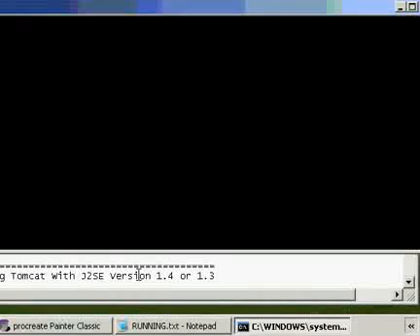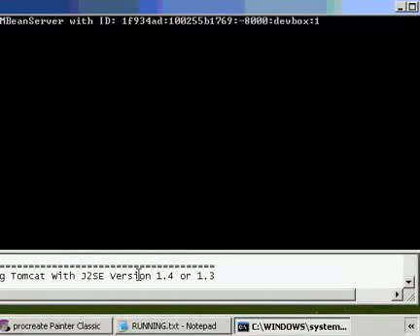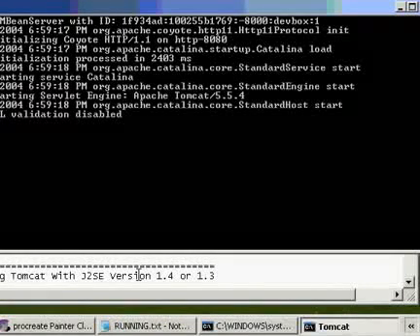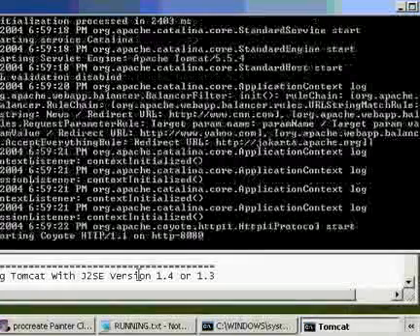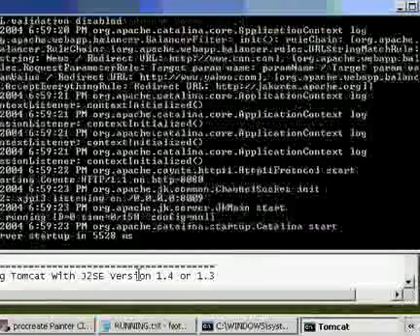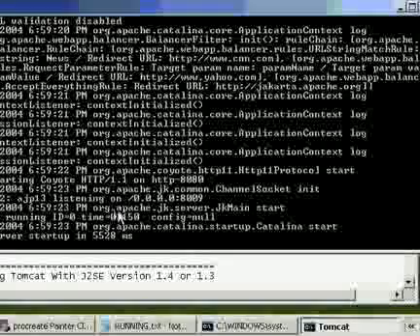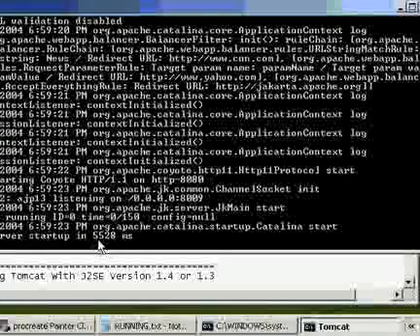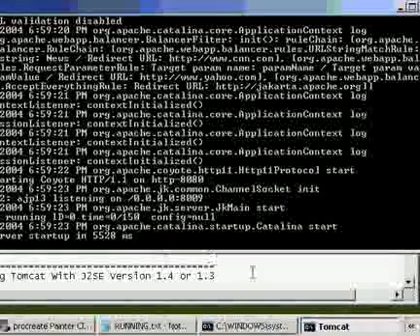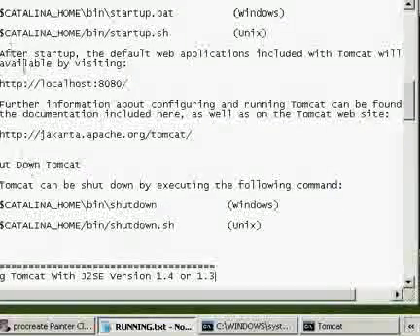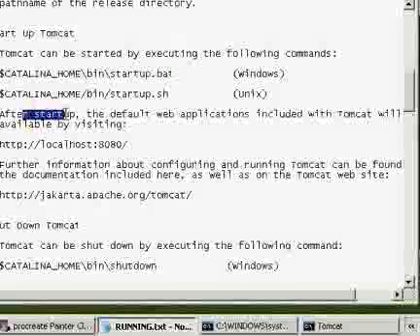And it's going to start doing several things for me here. And we'll see it's going to start loading a whole bunch of information. And eventually it's going to tell us that the service is going to start. Server startup in 5,528 milliseconds. And it's basically going to hang out here. Now, I'm going to keep on letting it run in the background because what it says here is after the startup,